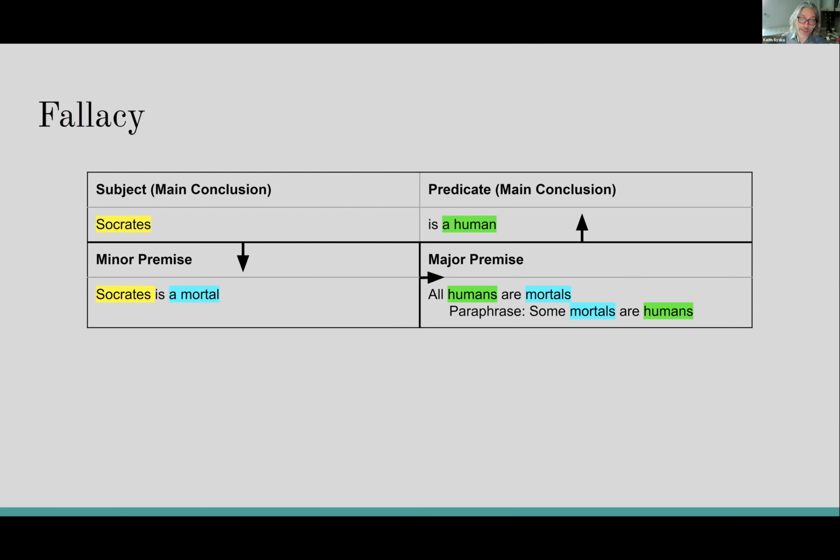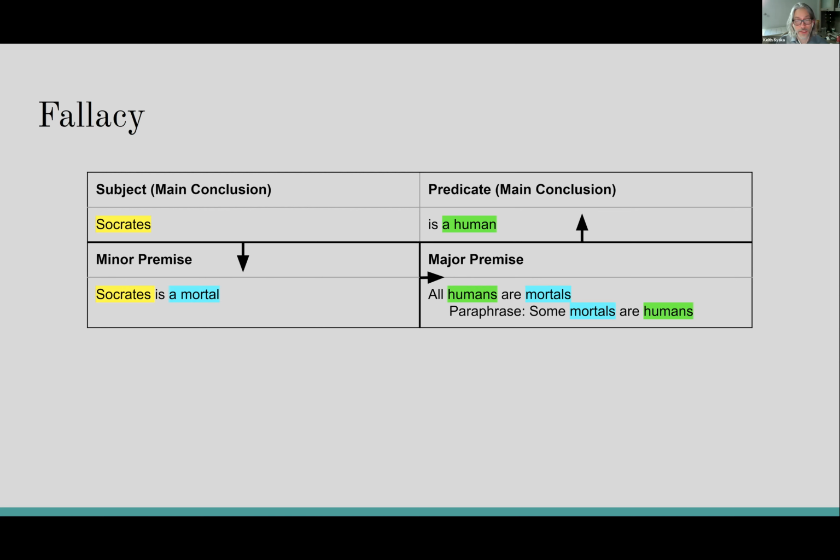So what I did is I said, okay, well, the principle of charity says that we have to interpret this argument in the strongest form possible, which means that I have to consider all of the paraphrases and all of the deductive implications of that sentence, not just the grammar, all humans are mortals.